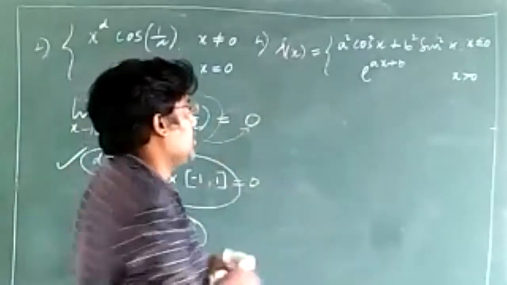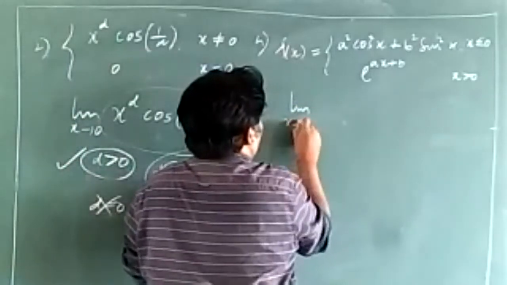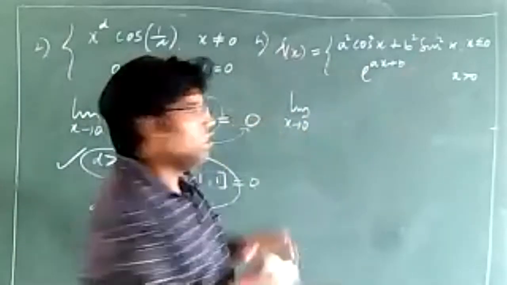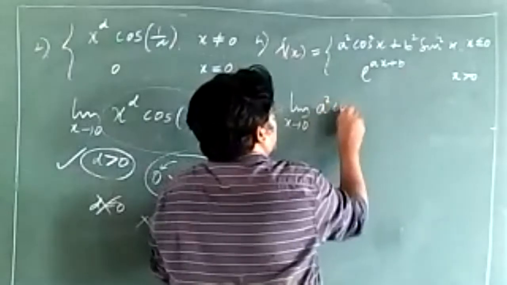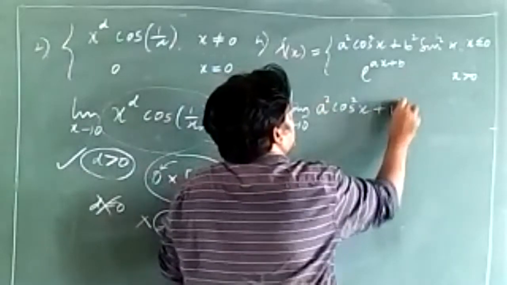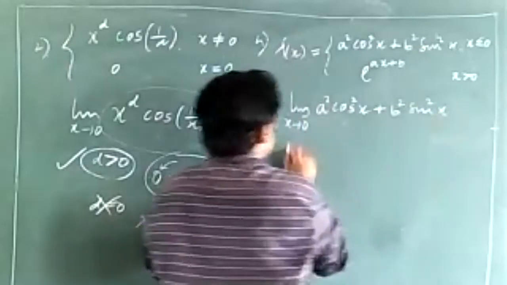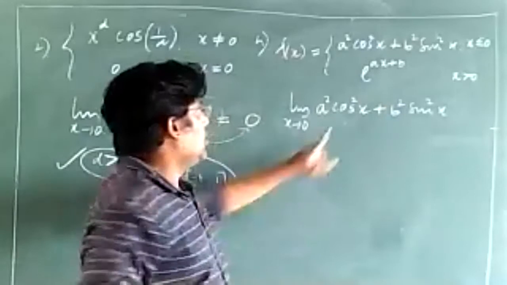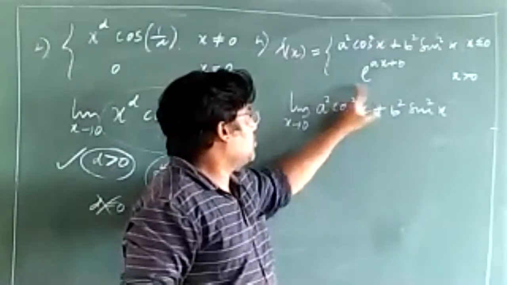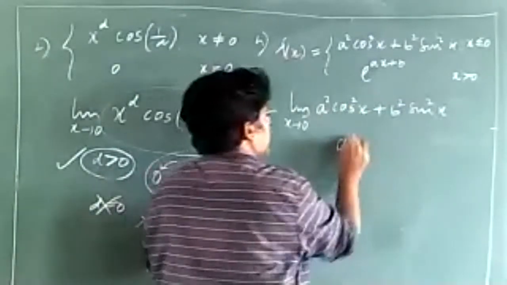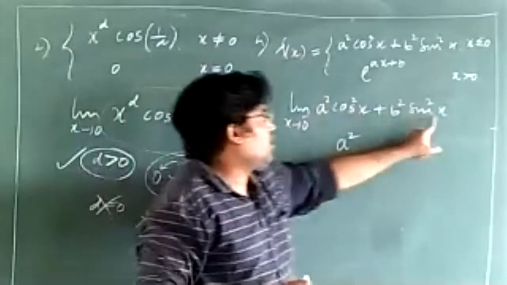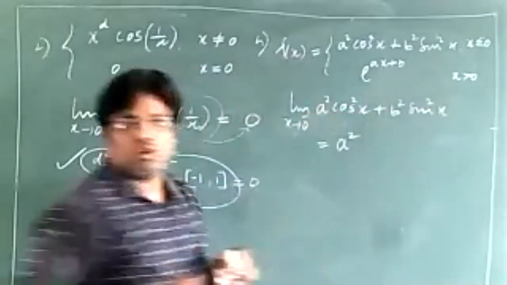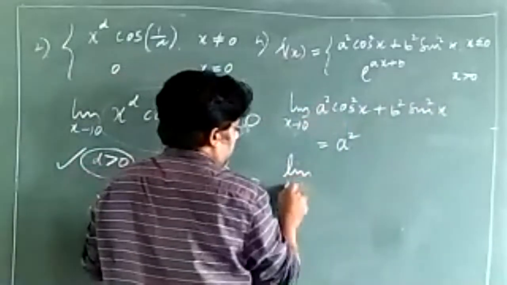When it is given as continuous, limit x tends to 0 of f of x will be equal, so let me find out the left hand limit first, because less than 0 there is one function and greater than 0 there is another function. Less than 0 means a square cos square x plus b square sin square x. Now if I put 0 minus h, let me directly write the solution. Putting 0 minus h, cos 0 becomes 1, so this part is a square. Here sin 0 becomes 0, so this complete part is 0. So LHL is a square. Now the right hand limit, x tends to 0 plus.